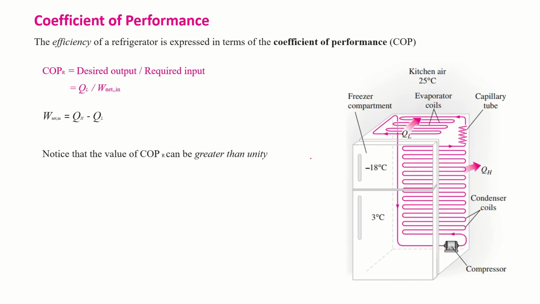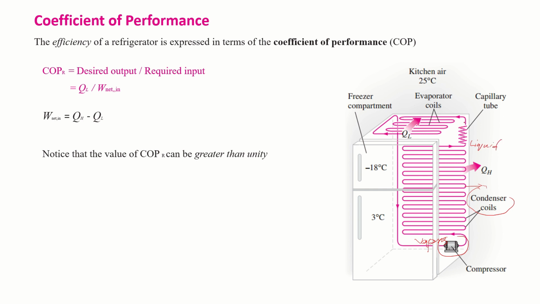First we need to understand the different components of a refrigerator. You might have seen these condenser coils at the back side of the refrigerator, and this is a compressor. This compressor is compressing it to a high pressure. This high pressure vapor then travels through these condenser coils, which reject heat to the environment in the form of QH, and then at the end of this process vapors are turned into liquid. At this point, it is liquid,